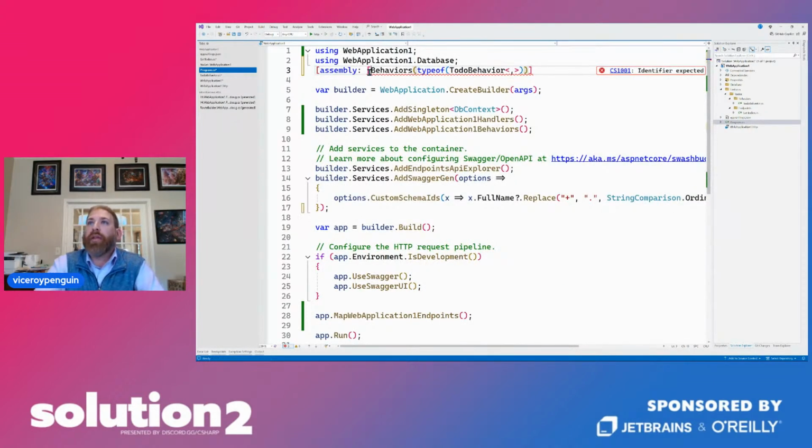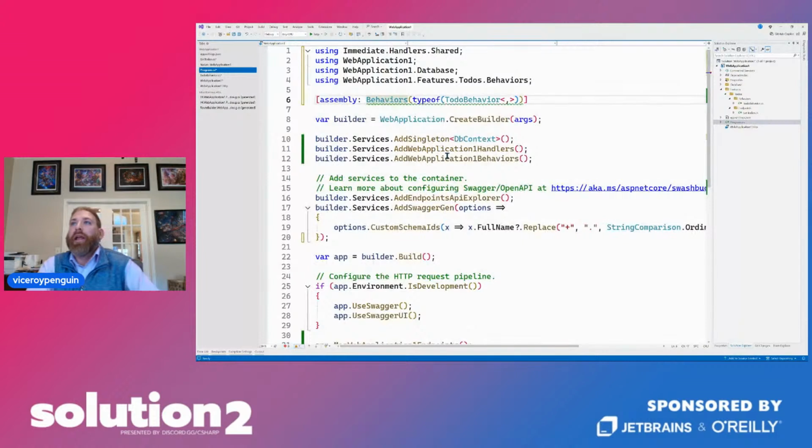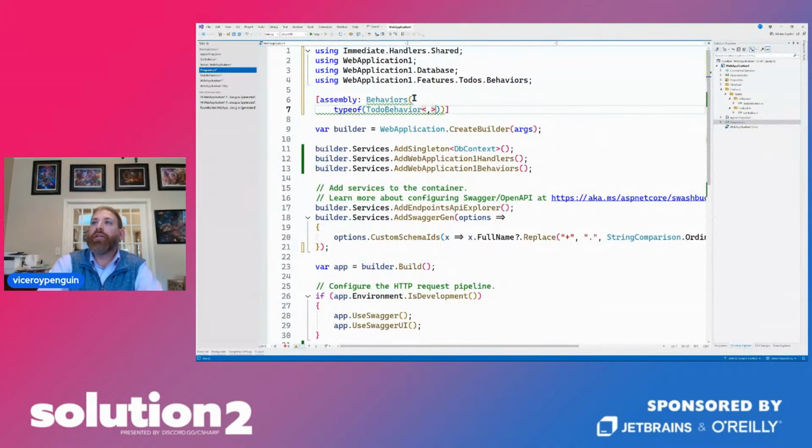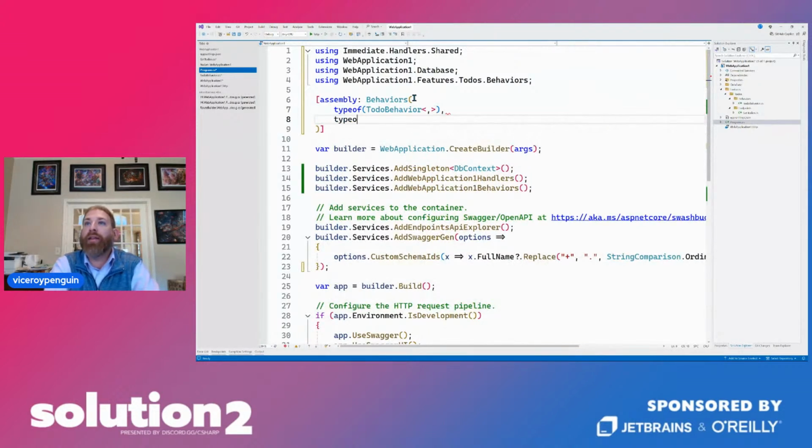Oops, get rid of the unnecessary brace and add that in. And now this becomes something that, and then because I'm importing validation, I need to go ahead. It's reminding me that, hey, I should probably go ahead and add in validation behavior